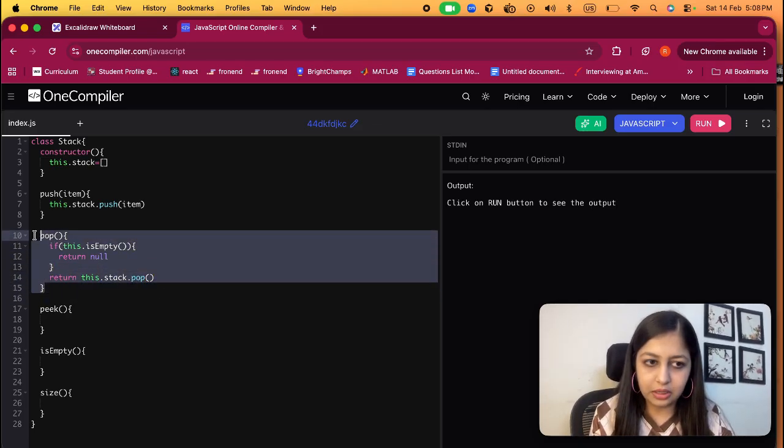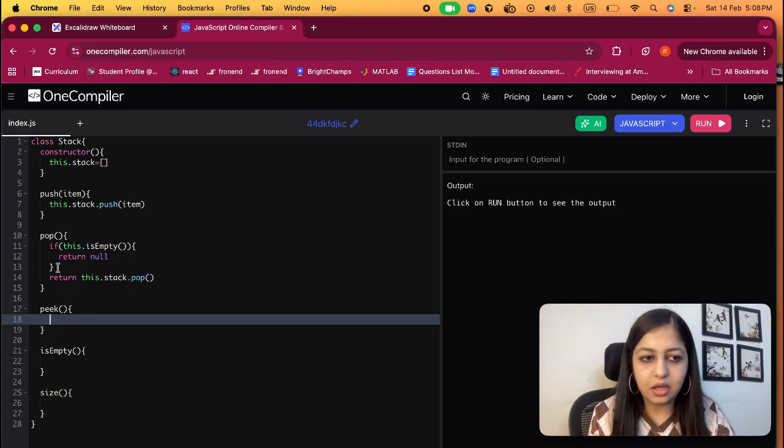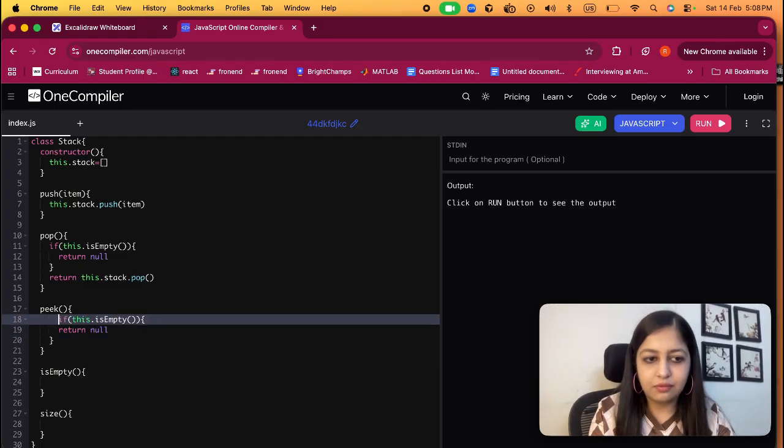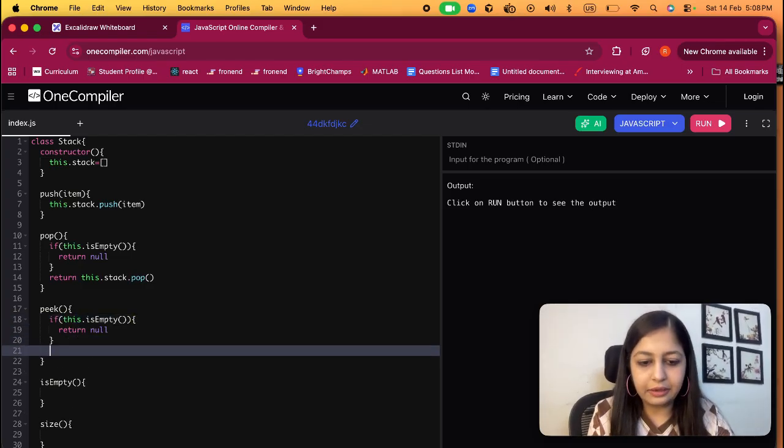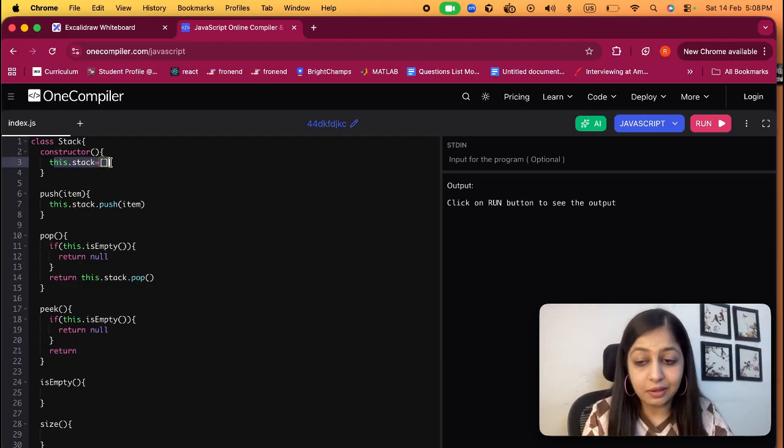So both the conditions are satisfied here. Now let's understand peek. Again, in peek also we have this condition that if it is empty, we will be returning null, and if not, we have to return the topmost element. So we have to think in terms of arrays now, because we are building a stack with the help